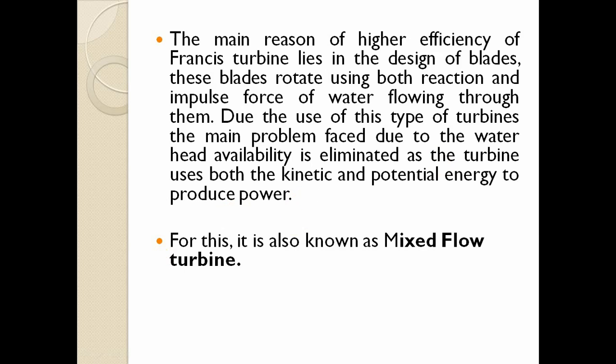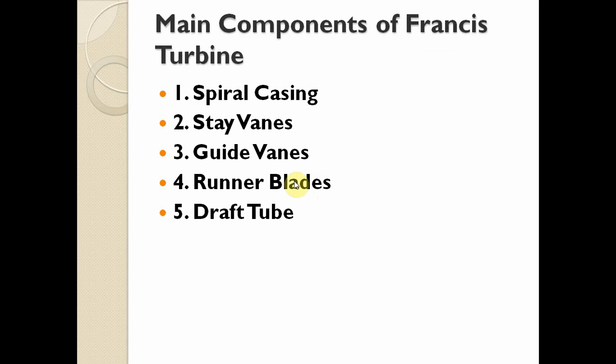For this reason, it is also known as a mixed flow turbine. The other name of Francis turbine is mixed flow turbine. Next, the main components of Francis turbine are spiral casing, stay vanes, guide vanes, runner blades,